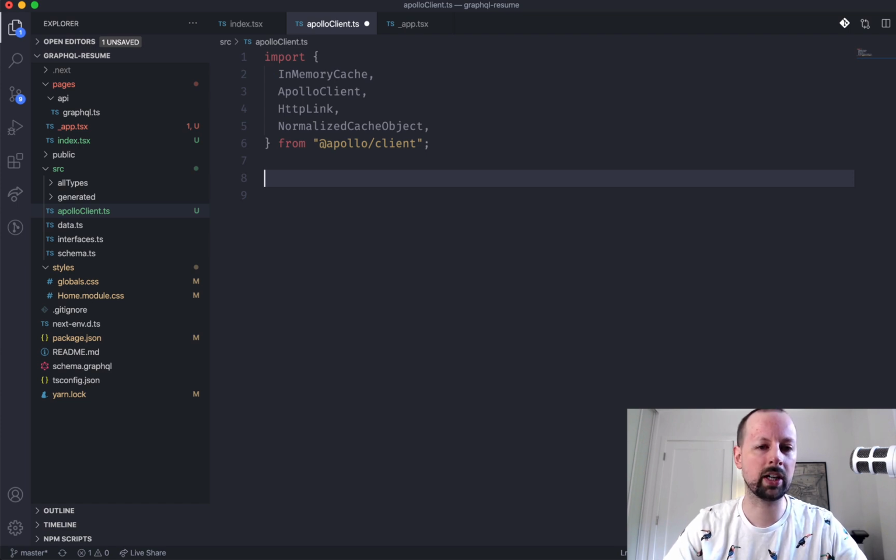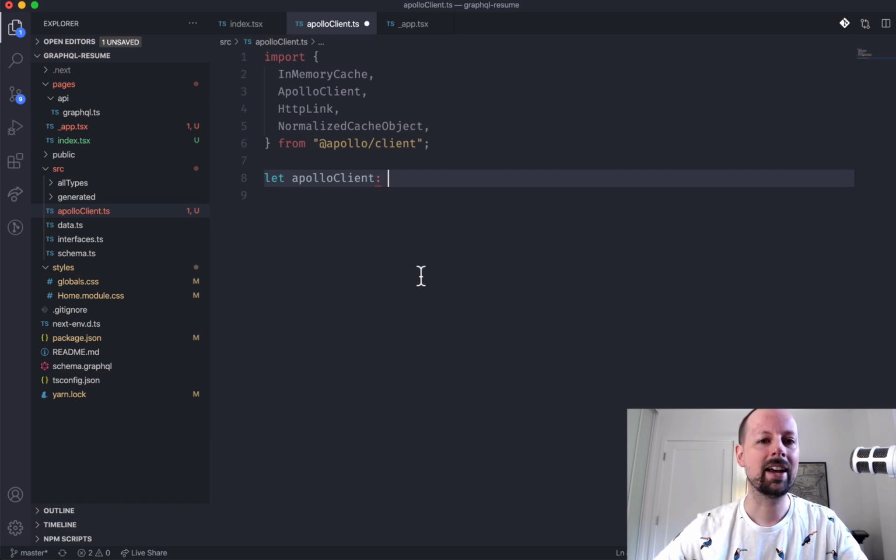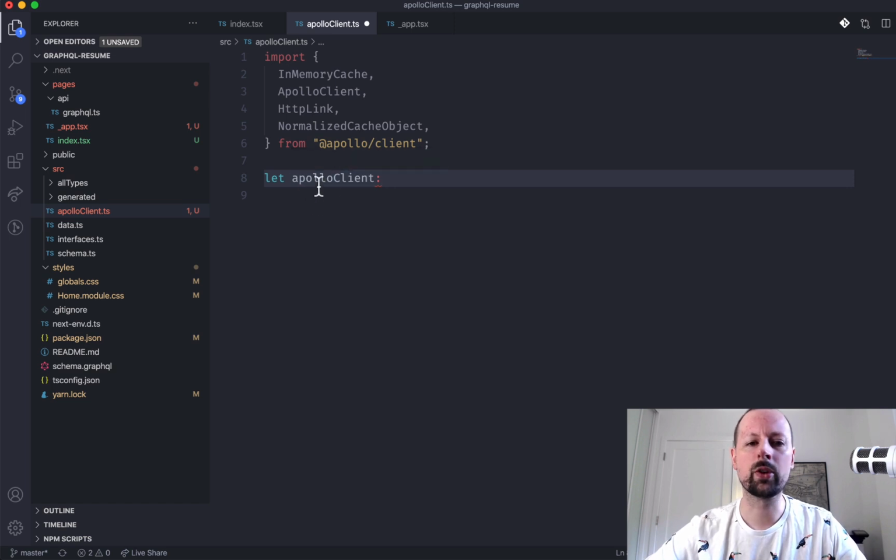So we're going to be working with an instance of the Apollo client. And we're going to basically just create it as a let, because we're going to start it out as, I guess, undefined. And then within our hook, we're going to create an instance of that. And the reason we would do that is because on subsequent browsing around our website, we can reuse the same Apollo client and not have to reinitialize it. And the reason we'd want to do that is because we can take advantage of the in-memory cache from one